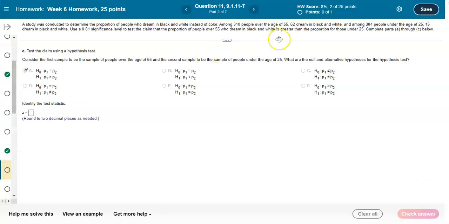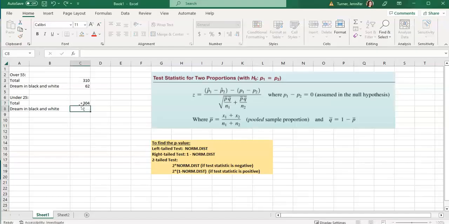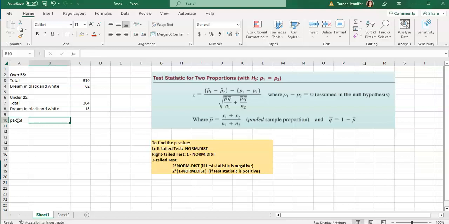So in this group, we had 304 people, and 15 of them dreamt in black and white. So what was it? 304 and 15. Now P1 hat is going to be the proportion of people from the first group that dreamt in black and white. A proportion just means the number of successful people, the people who dreamt in black and white,